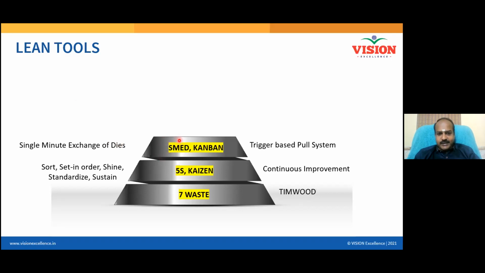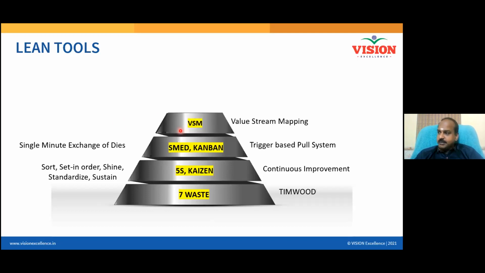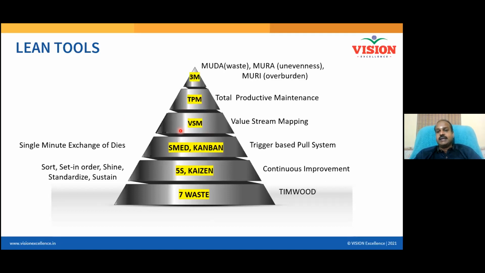That means the technique they used is nothing but SMED, single minute exchange of dies. Can you use similar tools to make things happen faster? Can you use such techniques to eliminate the non-value adding activities? Because as far as the formula race is concerned, driving the car is the race. Changing the tire is not actually the productive work. So that has to be minimized. Similarly, tools like Kanban, value stream mapping, and TPM, total productive maintenance, and then 3M.